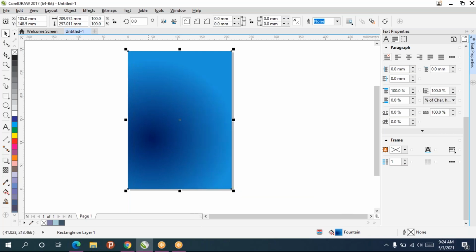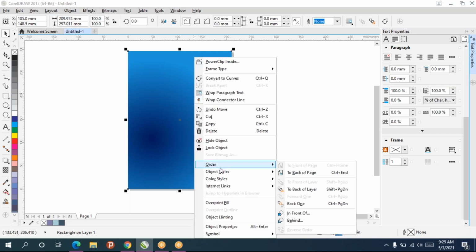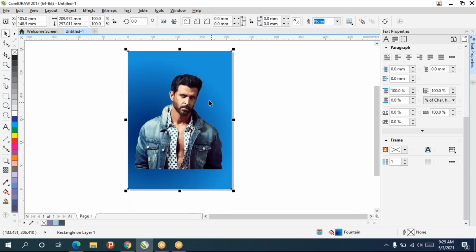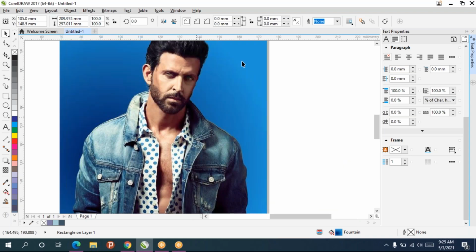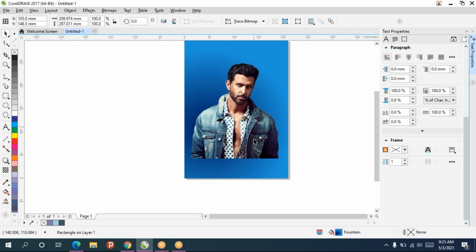This option is there in Word also. Same thing here. Send back one layer, back one. So automatically this object will go behind whichever is there.